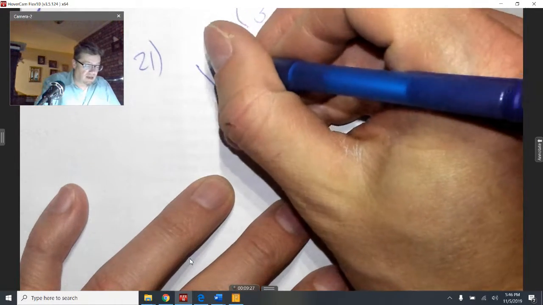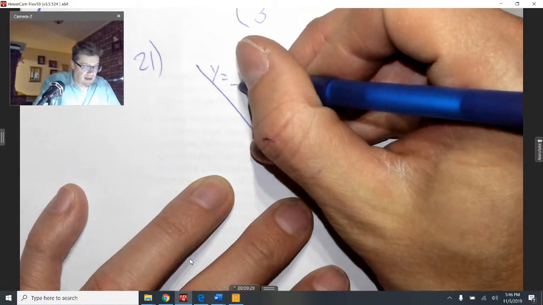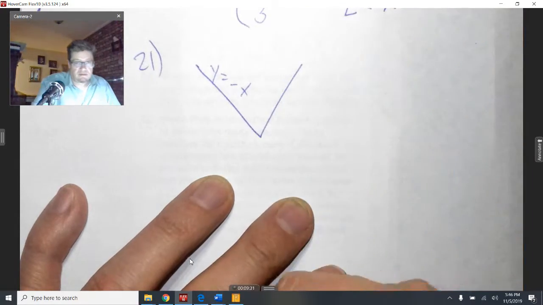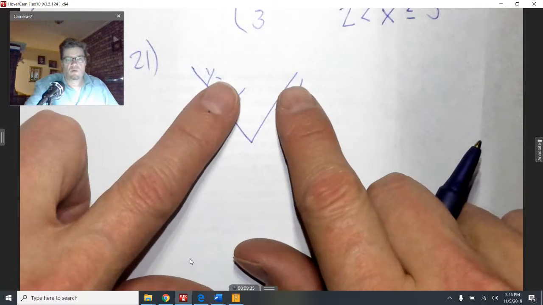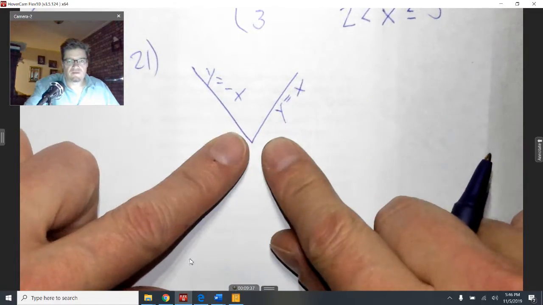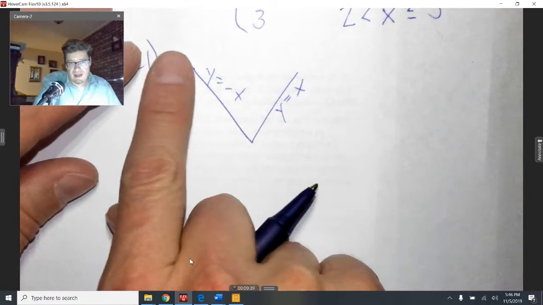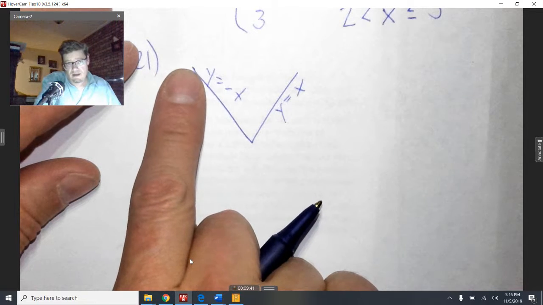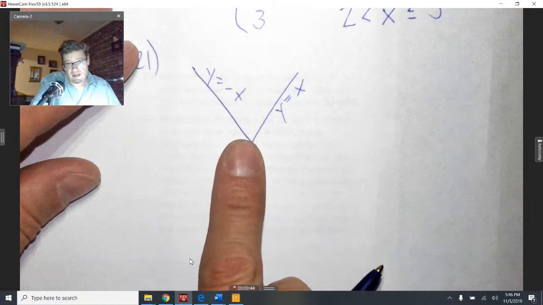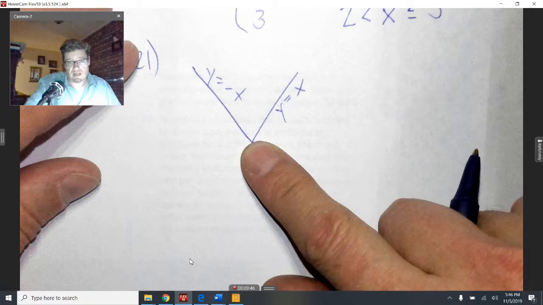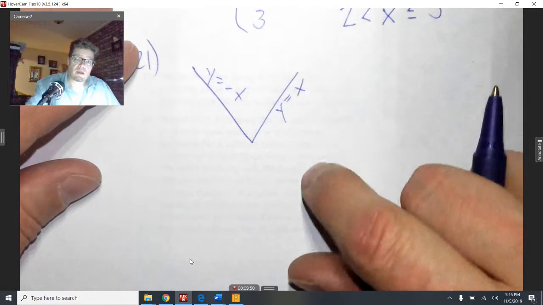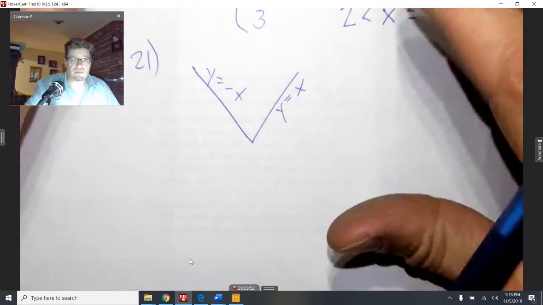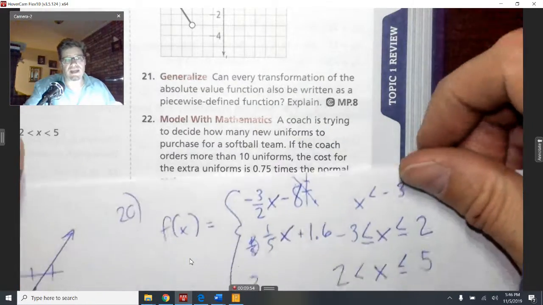So this guy here would be like y equals -x, and this guy is y equals +x. So what you do to create an absolute value function is you have this guy have a negative slope to bring it here, and as soon as you get to this vertex, then you will have a positive slope to go in that direction. All right, so it is 2 pieces,